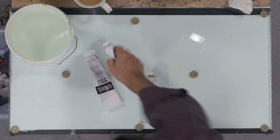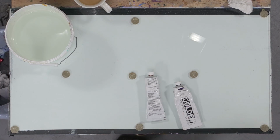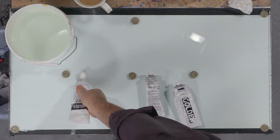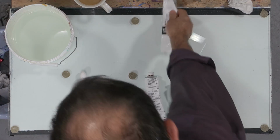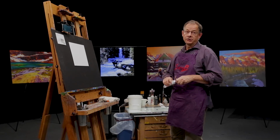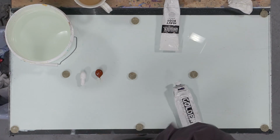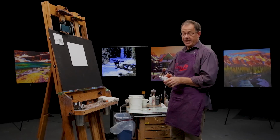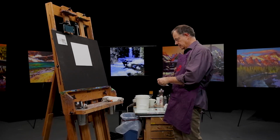Just going to put out some paint here. So titanium white. And these are acrylic paints. I used to do this in oil. I used to do it in watercolor. I've done it in quite a few different mediums over the years. That's obviously a warm. This is a transparent quinacridone nickel azo gold. And then I've got